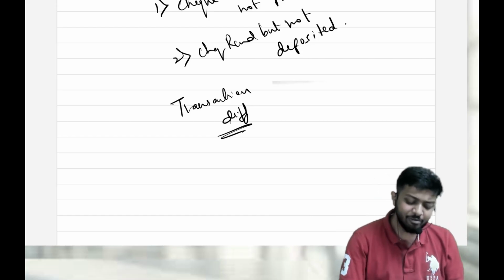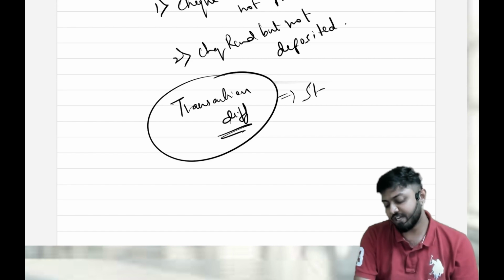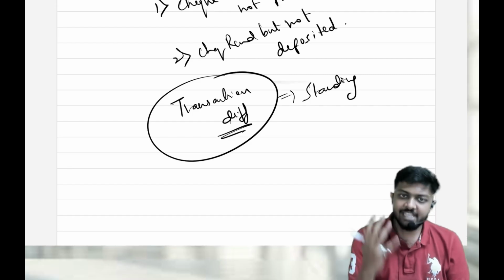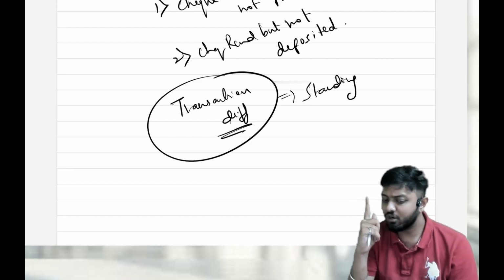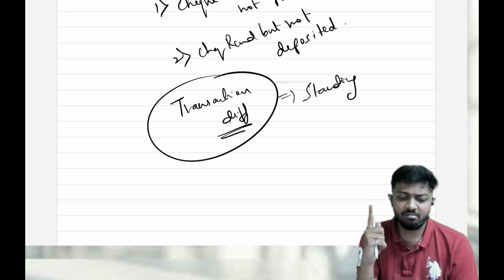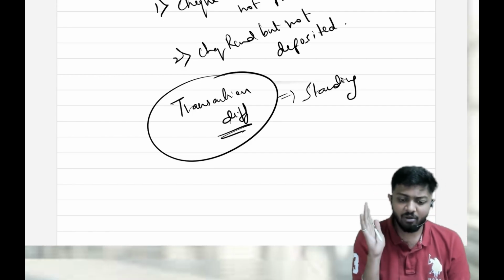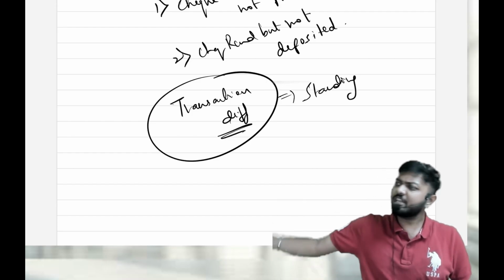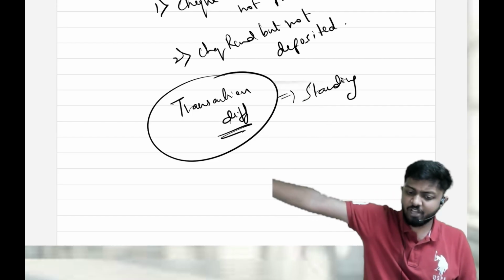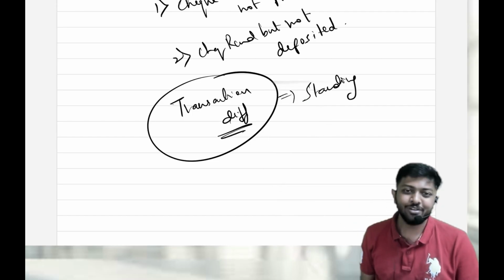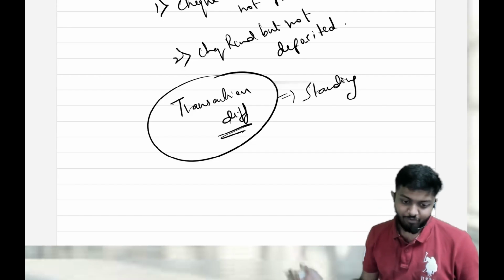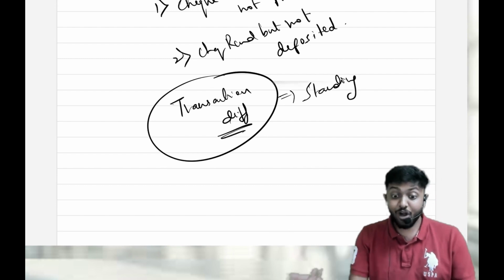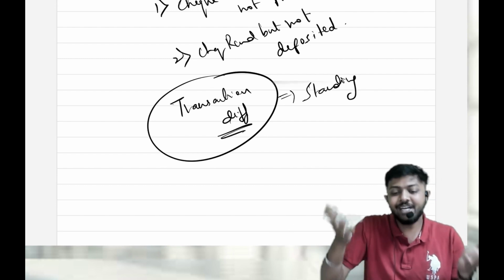One best example for transaction difference is standing instructions. What are standing instructions? I would have told my bank, every month I'm supposed to pay the LIC premium, but I cannot remember every time. So every month by the 10th, you deduct the money and send it to LIC. I've given you the authority. Customers give authority to the bank, and the bank will follow it. The bank followed it and deducted the money. I forgot, I have not recorded it. Now there's a difference.